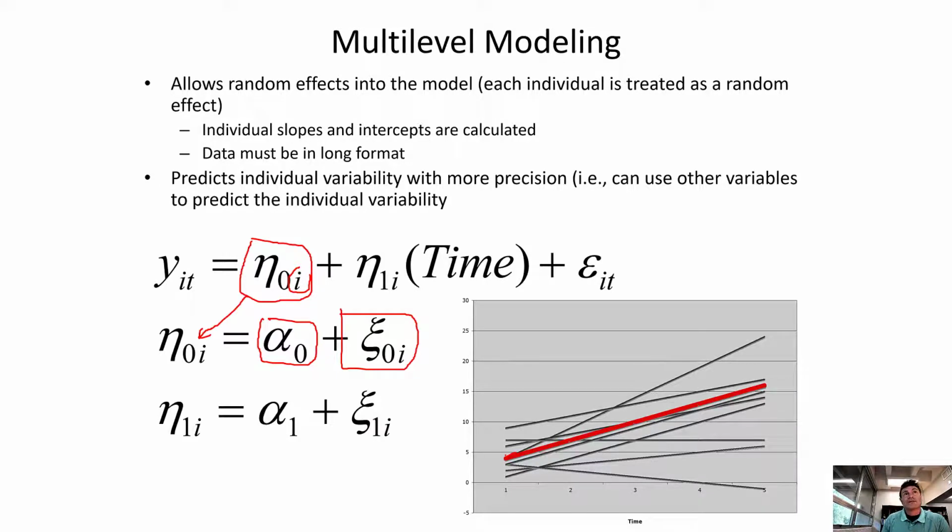We also have the slope is individualized. So if we look at the slope and we break down what's happening with the slope, everybody is based off the average slope, plus they get an adjustment based on themselves. So they can have a higher slope or a lower slope or more blunted slope. So everybody is adjusted based off of this average.